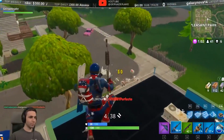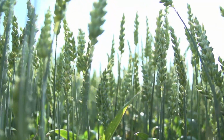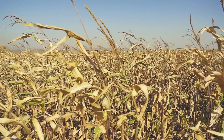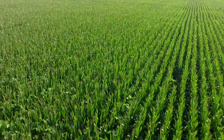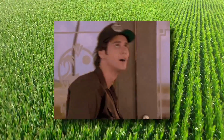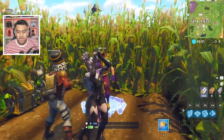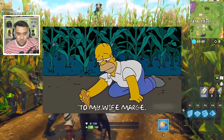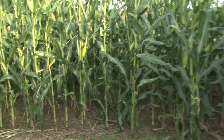Cornfields. There are plenty of cornfields in the world, so you're probably not surprised to know that the ones in Fortnite are based off real-life locations. Any corn farm will have a cornfield, that's sound logic, but we're not talking about any run-of-the-mill cornfield, we're talking about corn mazes. You know, the ones that every farmer loves to create on Halloween to scare the crap